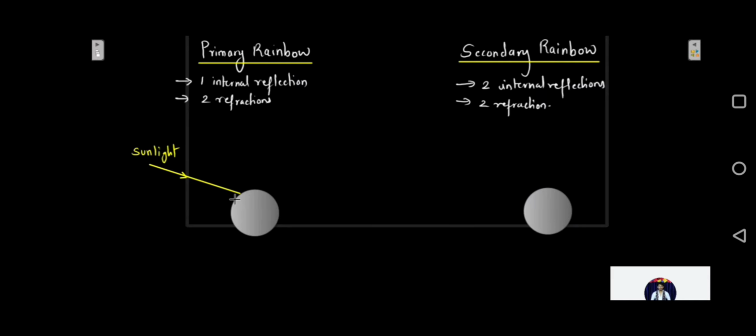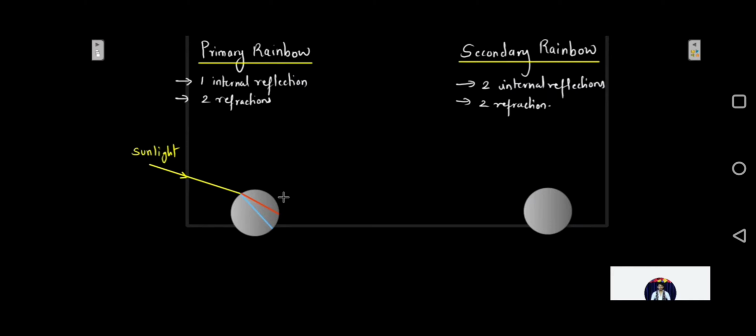This white light which is coming from the sun would be split into 7 different colors. So then we are going to get 7 different colors over here. That is going to be the dispersion of light. Now this is going to split into different colors. Let us draw the top and the bottom color, that is going to be red and violet. Let this be the red color, and I will use blue as violet, indicating the violet. So this is the dispersion of light happening. Let's consider this is violet, and this is the red color.